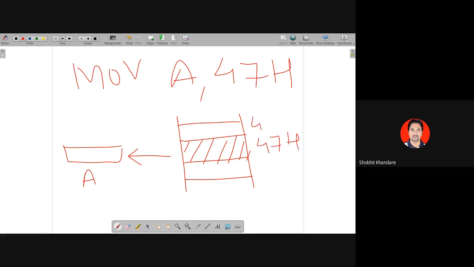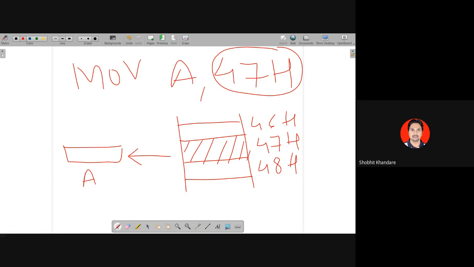This is 46H. This is 48H. Can you see the difference now? Here 47H, please see there is no hash. If there is no hash, that means 47H is the memory address of the internal RAM.